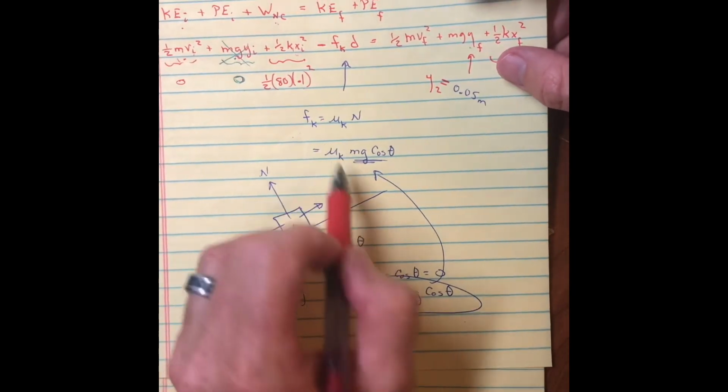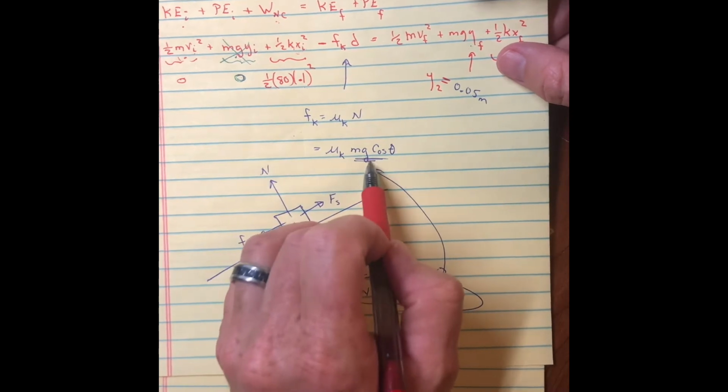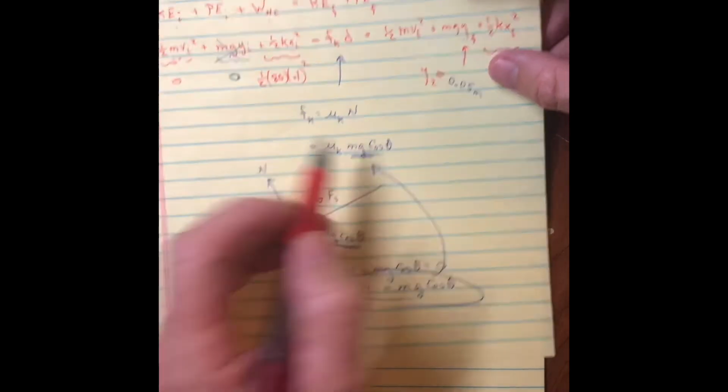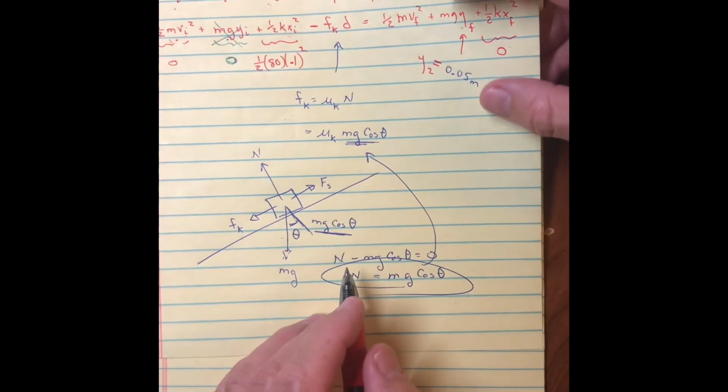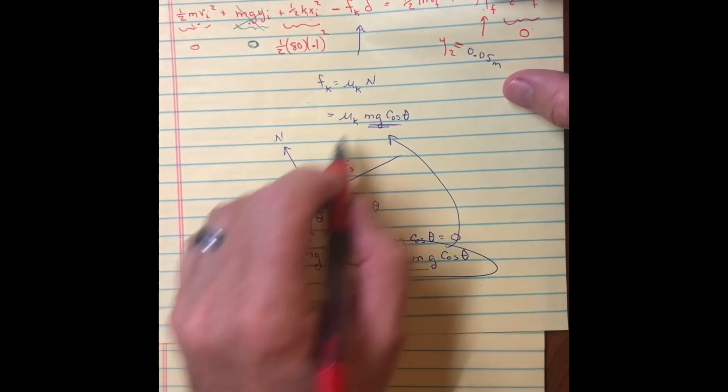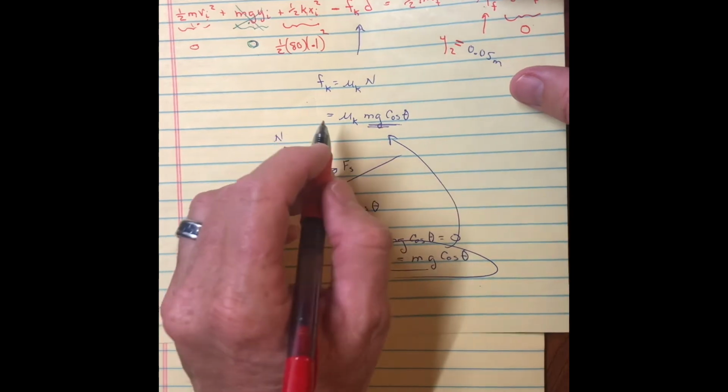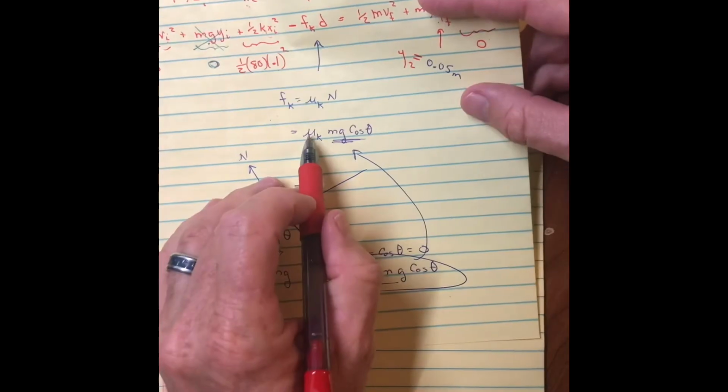Now, this one here, as we just talked about, would be a minus. And as I put in the coefficient of friction, which is 0.2, and then this mg cosine theta, let's see,